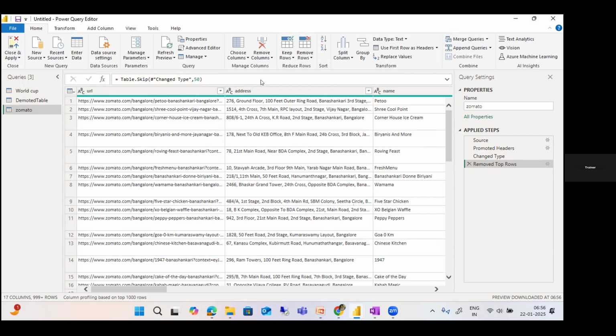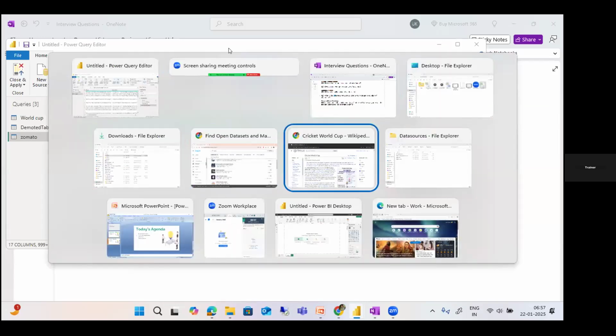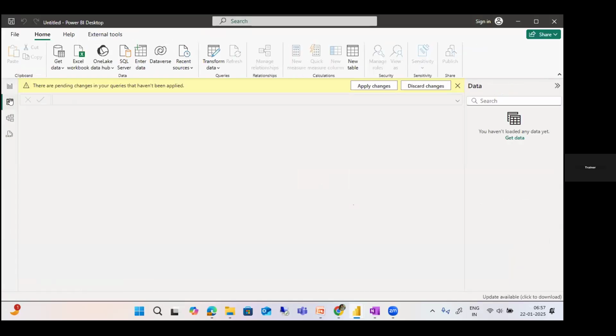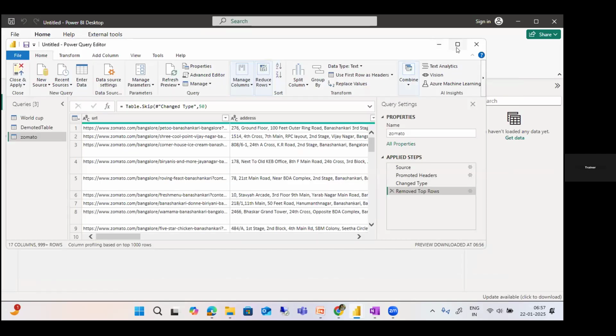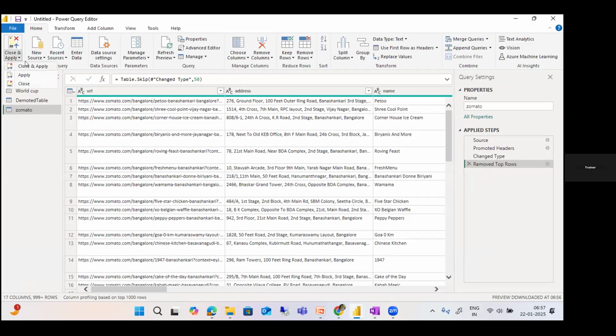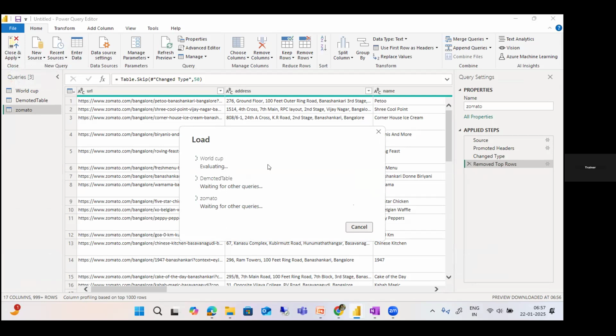Whatever changes happened here will be there only in your Power Query Editor. If I go to Power BI Desktop, I don't see the data here. If you go to the data view, I don't see any data. Once you have done the changes, you need to click on close and apply. If you want to save the changes in the query editor, you can click on apply. That will apply all the transformations. But if you want to load this data to Power BI Desktop,